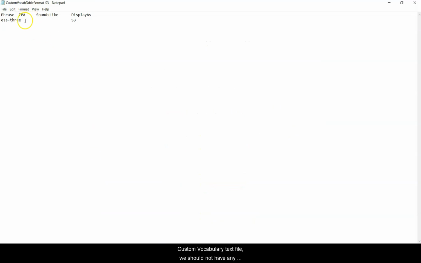We should not have any spaces in it, because before uploading this file to the custom vocabulary dashboard, it will validate the structure of our file, and if it includes any spaces, it might give you some errors like header names are duplicate, or the format of line 4 is not correct, because it might be recognizing a space in there. So do not use any spaces, just use tabs, and exactly 3 tabs if you are adding 4 columns in this file like shown here.